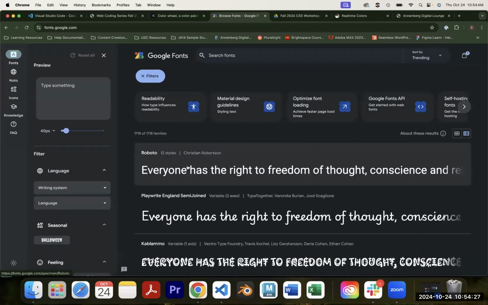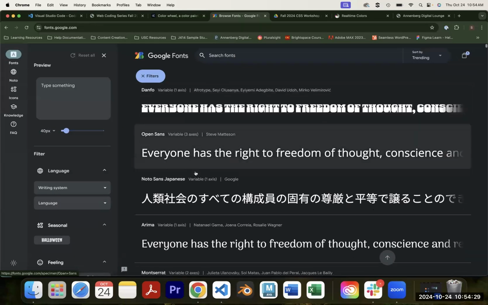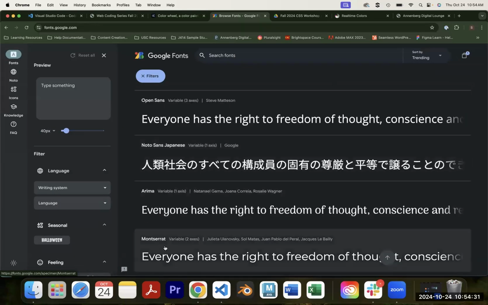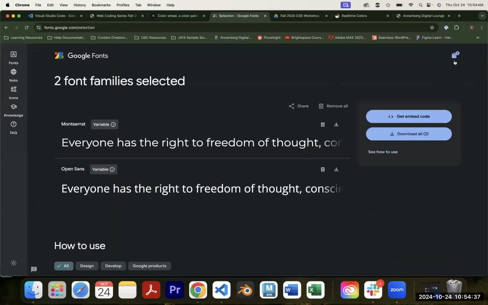So I added Open Sans, and I'm going to go and add Montserrat as well. And click Get Font. So you can go to fonts.google.com and find this Montserrat and this Open Sans font. You just click on them and you click Get Font, and you go back and you do the other one. So once you have whatever fonts you want to install on your site,